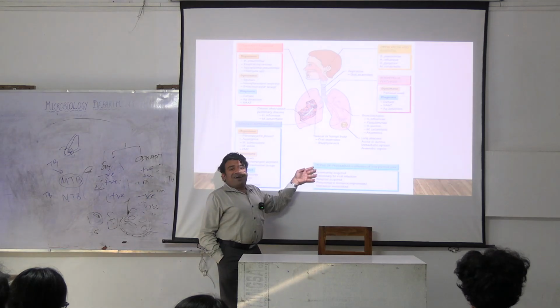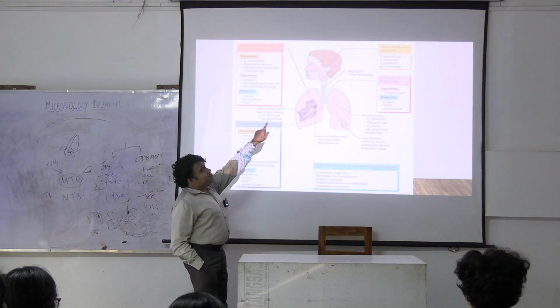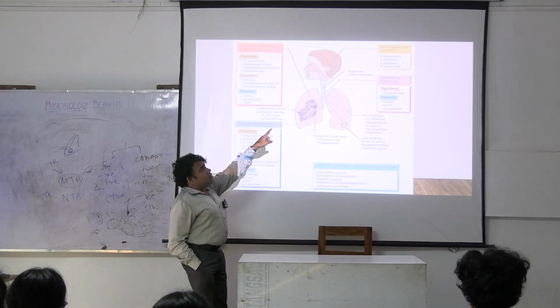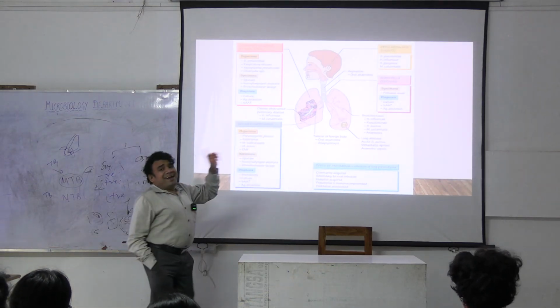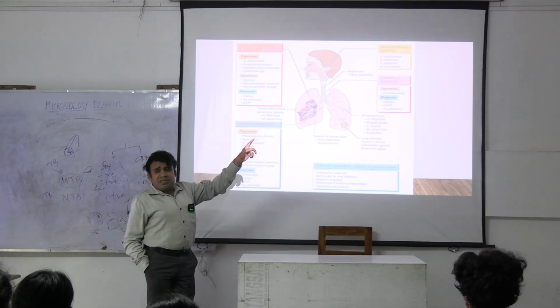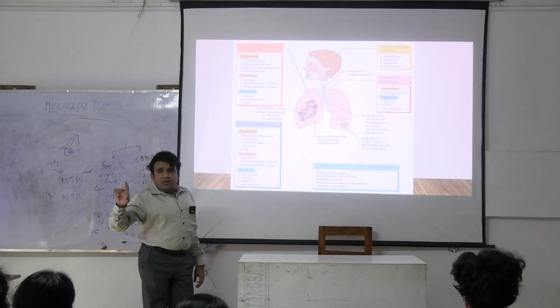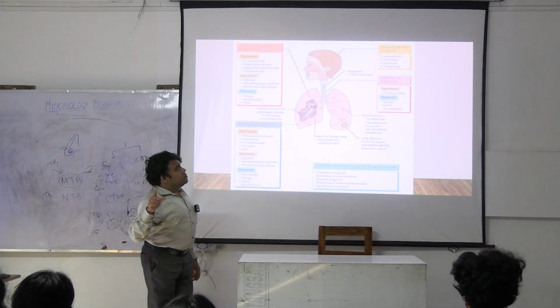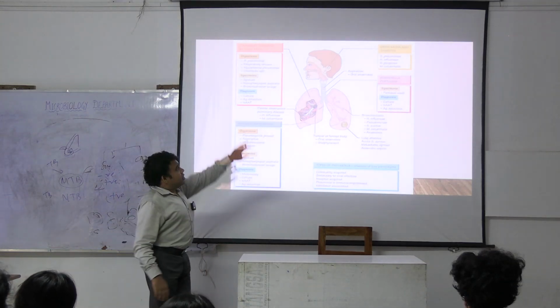So whenever you encounter this patient you have to classify them accordingly. This is the first part. Next part is in the upper respiratory tract, the important causative agents which can even cause head and neck infections like otitis media and sinusitis, commonly হচ্ছে capsulated organisms, Streptococcus, Pneumococcus, Haemophilus influenzae, Moraxella। ঠিক আছে, সো দে আর দ্য